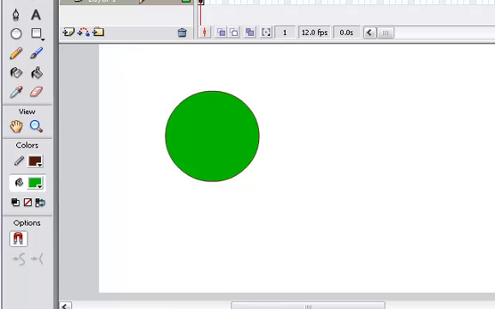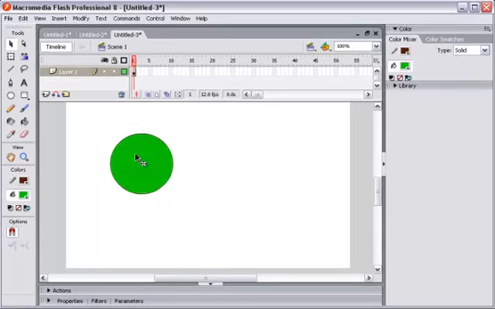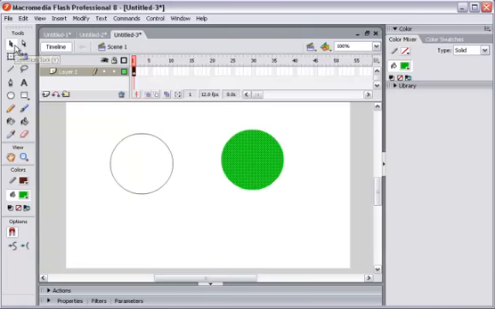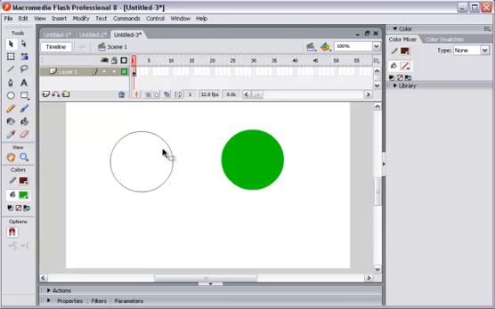pictures in Flash, because this program is vector-based software, when you create circles, you can click on a color inside and click and drag to separate it by using the selection tool, and then you see this is a line. You can select the line. This is really good because you can click and move it everywhere you want, and you can adjust circles as you want by moving the selection tool near the circles, and then